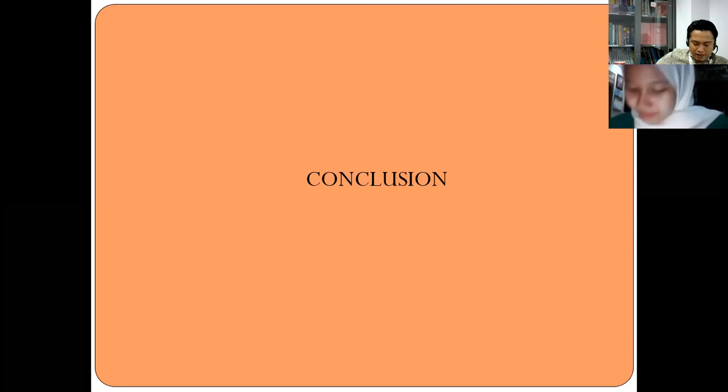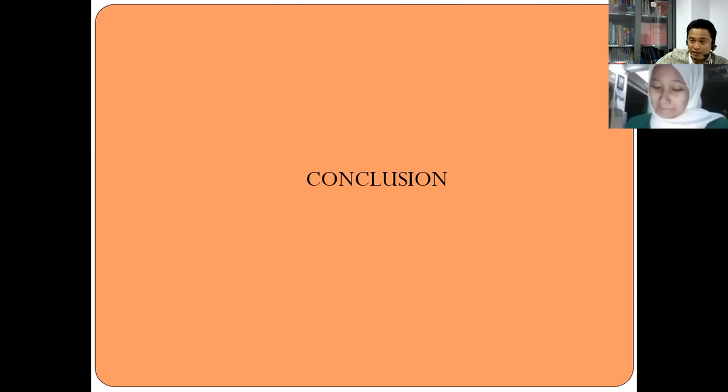Just revise this one. The objective of the study is to measure the use of narrative text to improve the students' reading comprehension. The previous one, you were mentioning the use of story phase, and now in the objective of the study you are using a different type here. You're using narrative text here. Okay? Yes, sir. Okay, and then next one, for significance of the study, all good, I guess.